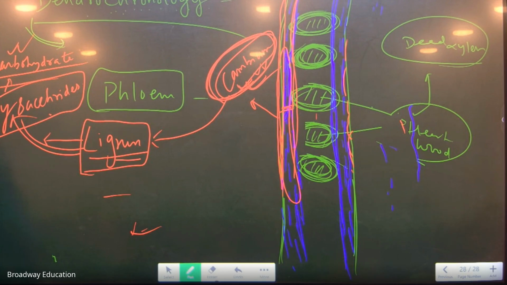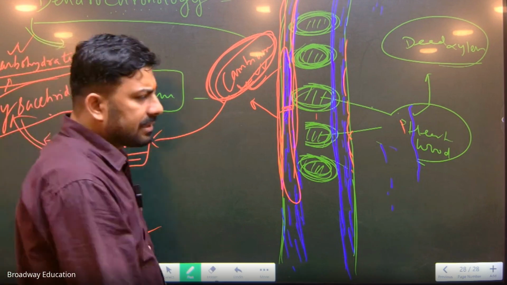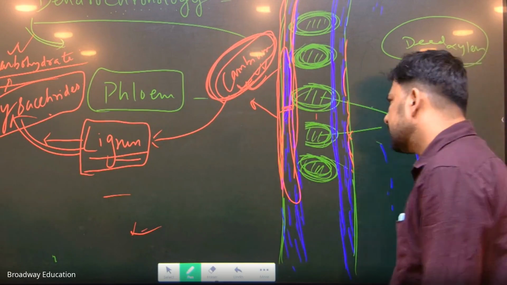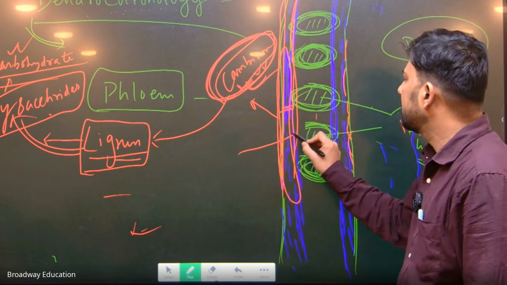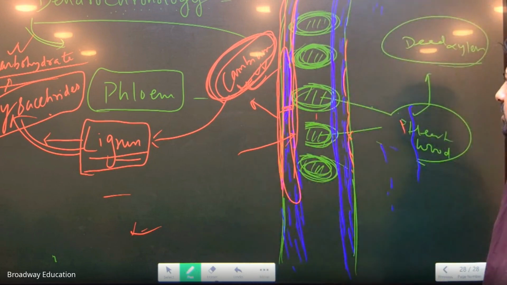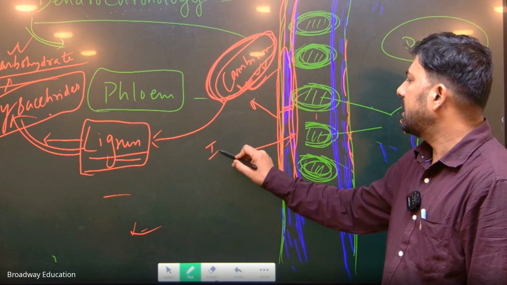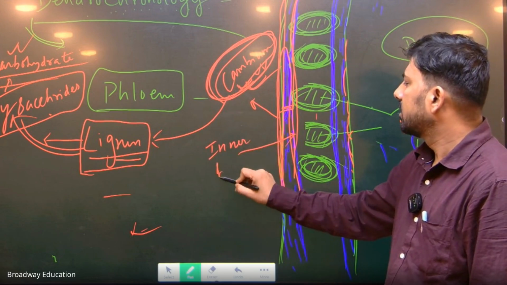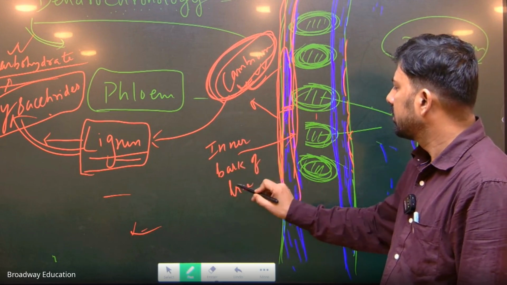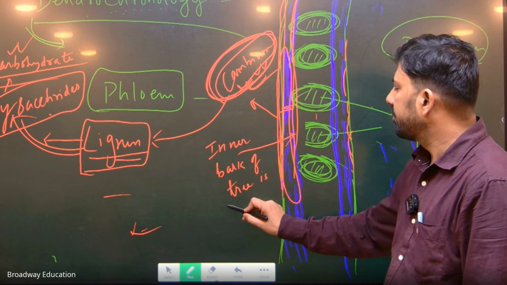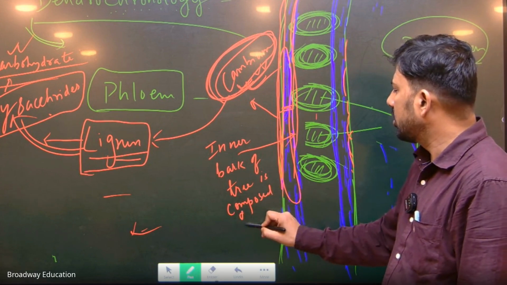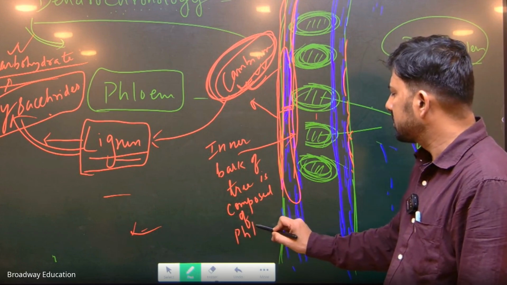You can make one note over here, the inner bark of the tree. इसको inner ही bark बोलेंगे ना, the inner bark of the tree is composed of phloem। Write it down, inner bark of tree is composed of phloem vessels।